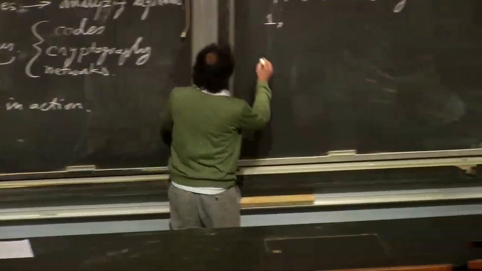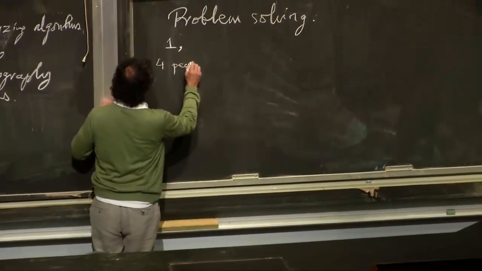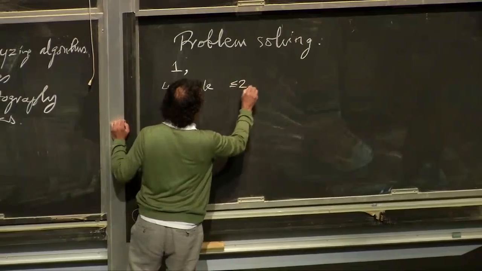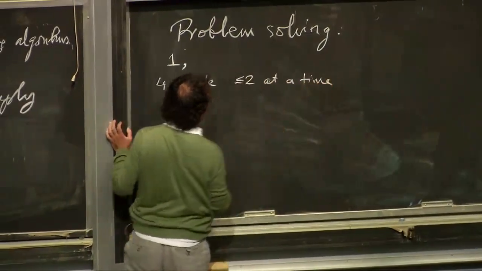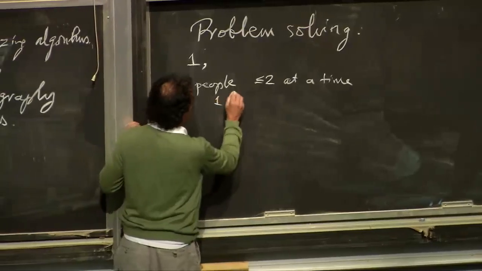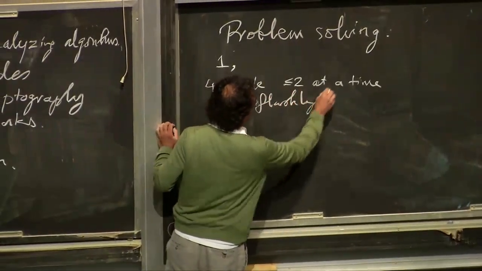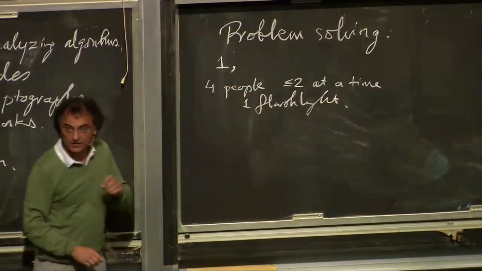Okay, so there are 4 people, at most 2 at a time, can cross, and 1 flashlight. Okay, and